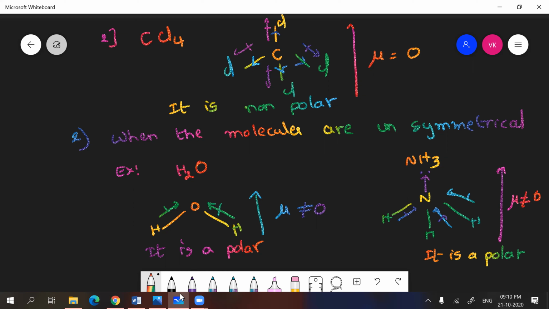Okay, so remember these three cases, very simple. If a molecule has a single polar bond, it definitely possesses a dipole moment. And if the dipole moment exists, you can say blindly it's a polar molecule. And the second case, whenever there is more than one polar bond, you have to check for their symmetry. If they are arranged in a symmetrical way, then the net dipole moment, because opposite side vectors will get cancelled.